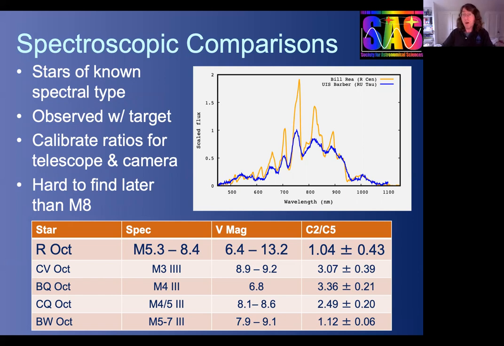Now, the graph on the right here are spectra of the same star taken hours apart on the same night with two different telescopes using the same type of grating. However, because of the placement of the grating, there are different resolutions. The higher resolution spectrum, shown in orange, shows much sharper features. The lower resolution spectrum, shown in blue, shows that those features kind of blurred out, as is going to happen